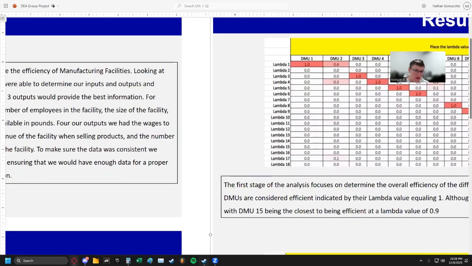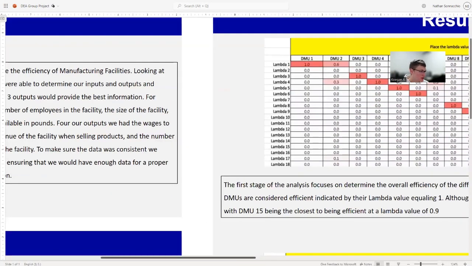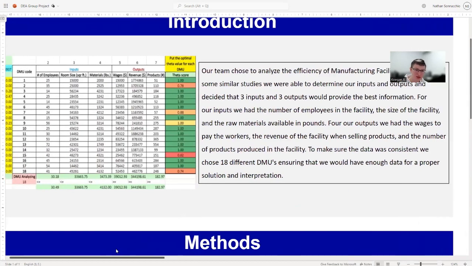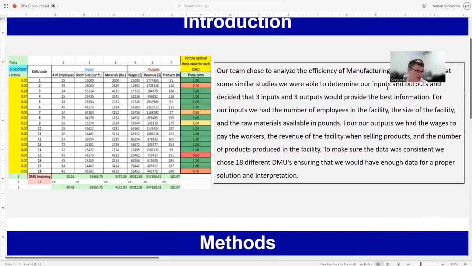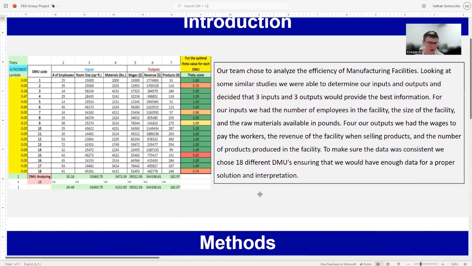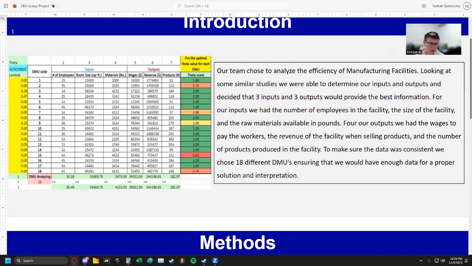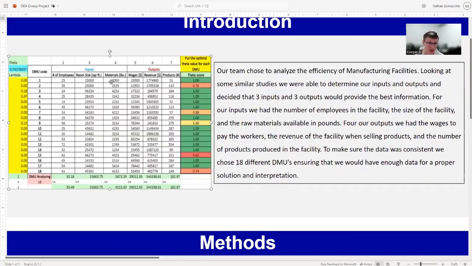For our introduction, our team chose to analyze the efficiency of manufacturing facilities, not any one in particular, but we looked at 3 similar studies and we used those to determine what our inputs and outputs should be. Specifically, 3 inputs and 3 outputs. And then to make sure that the information when we were finding a solution stays accurate, we decided to have